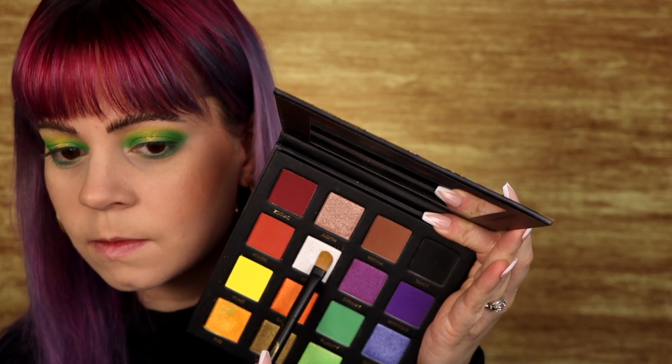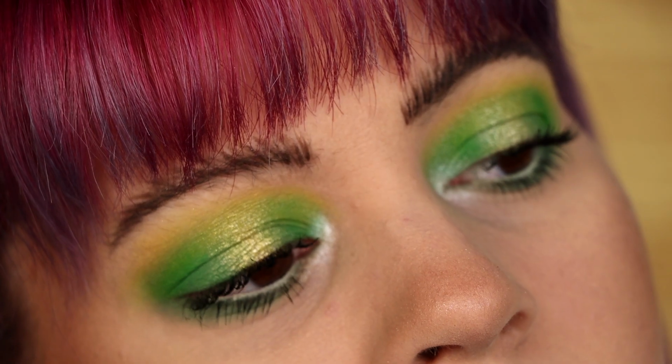So I don't know if it's just the green in this palette that's a little bit iffy. If you want this palette for the green, maybe get the Blend Bunny palette instead. I don't know, but I still overall had a good time with this palette. It's just I felt like some of the shades were maybe not my favorites, and some of the shimmers also,